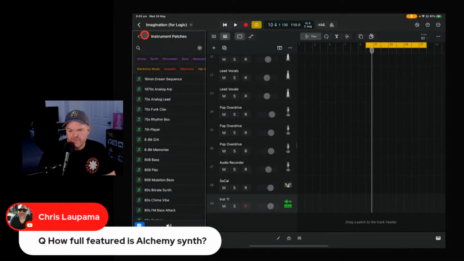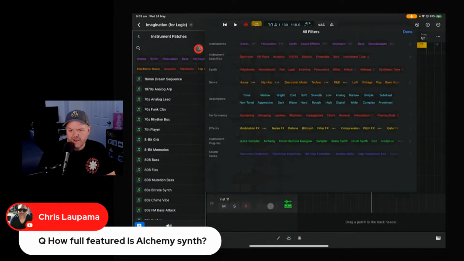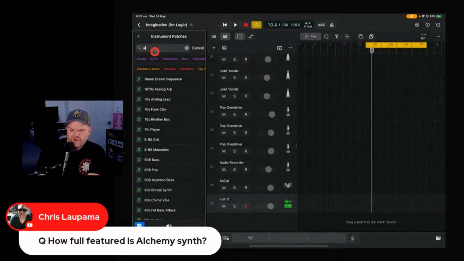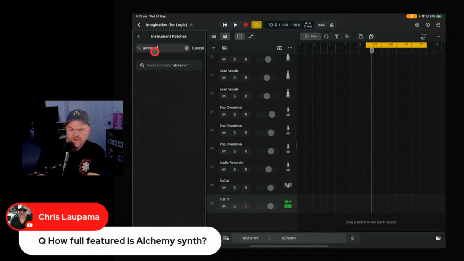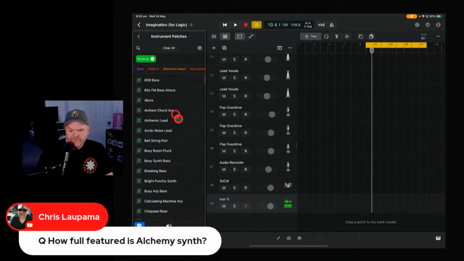By the way, when you're searching in patches, you can actually tap up here, and you can go to all of these. So you can actually go to different sound packs and find your patches that way. Or you can search here. I wonder if we just search Alchemy. And then you can create a custom field there. So we can find these. By the way, if you've got sounds, to preview them here in the browser, tap over there and tap again to turn off.